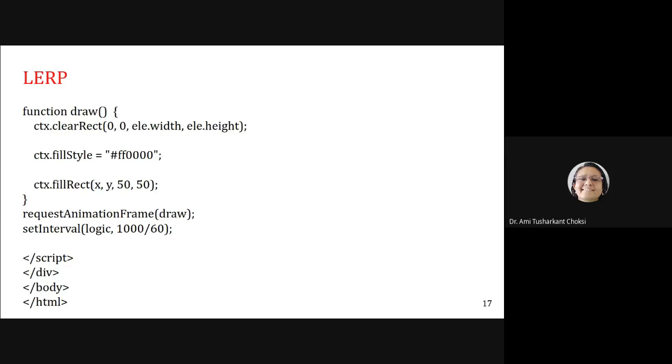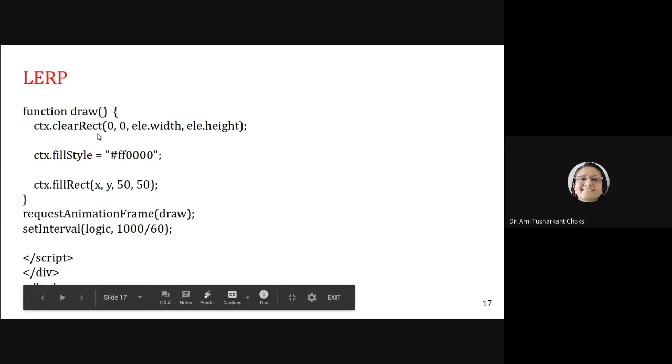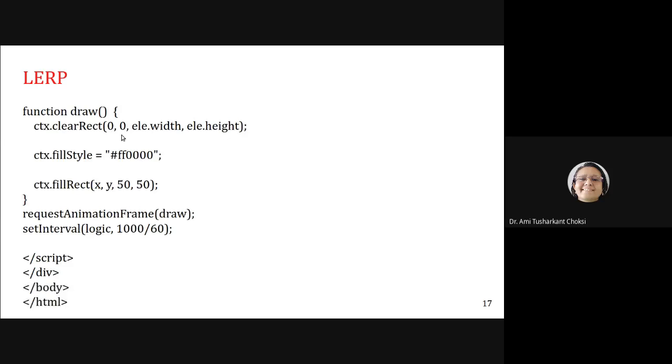That draw function is available here, that is ctx.clearRect. The basics of animation is, first of all you clear the window, then you draw something, again you clear the window, and then you redraw at another position.